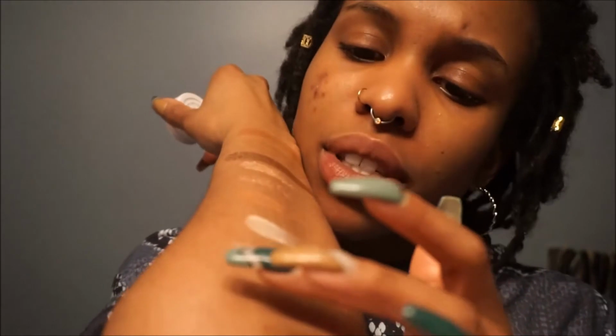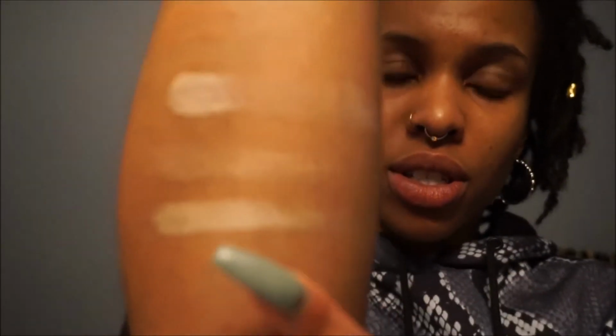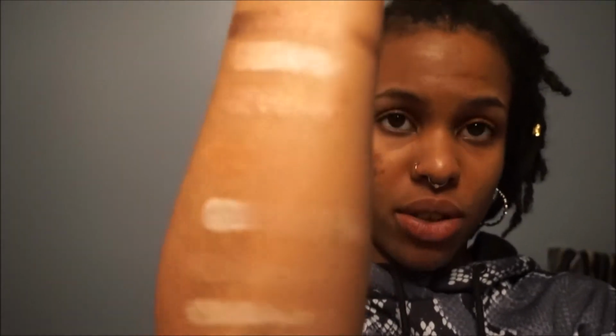So this one's also a lot creamier than the other one. The other one's kind of stiff. Some Super Shock shadows come stiff, some come super creamy, and this is a super creamy one. So that is Super Hardcore right there. So that's it for the shadows that I have. And I'm going to move on to the last thing in the sand collection, and then I'll go ahead with the last two that are not a part of the sand collection that I just picked up to make my